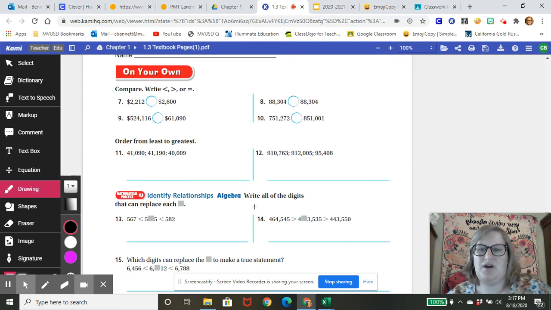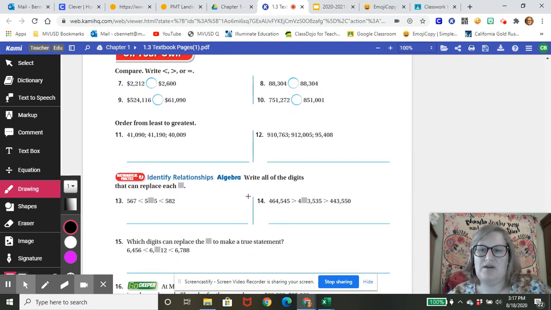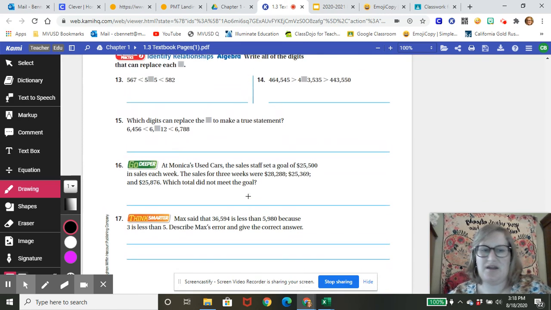You are going to do this on your own page, on your own, numbers 7 through 17, and I'll write that in Google